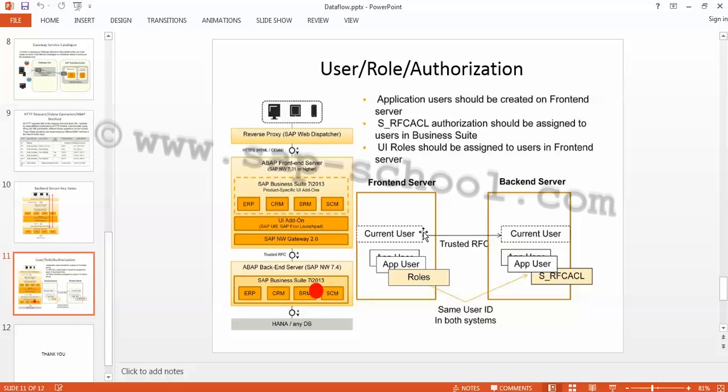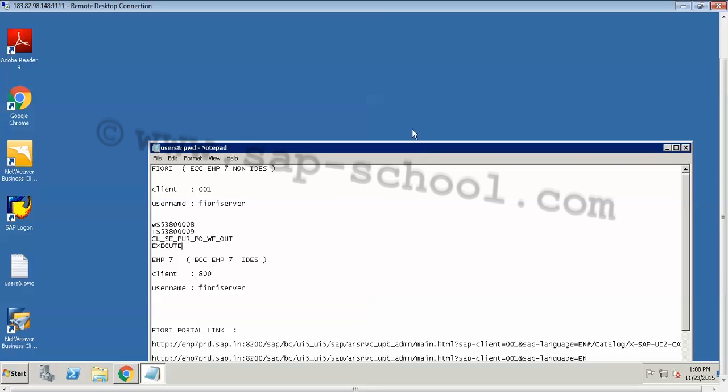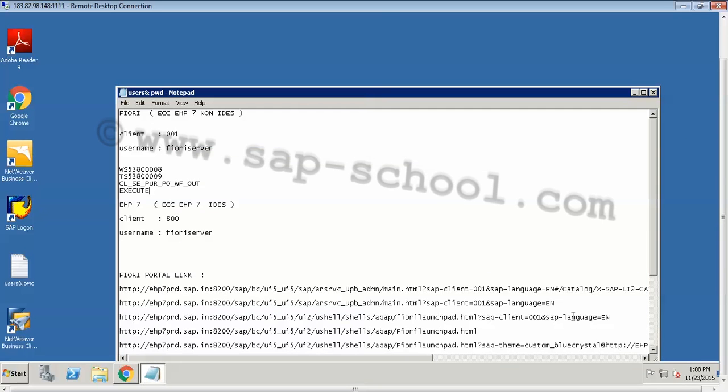To start with, we have to log on to the SAP Fiori Launchpad. So let's go to the system. Then we have to enter the Launchpad link here. So this is my Launchpad link.